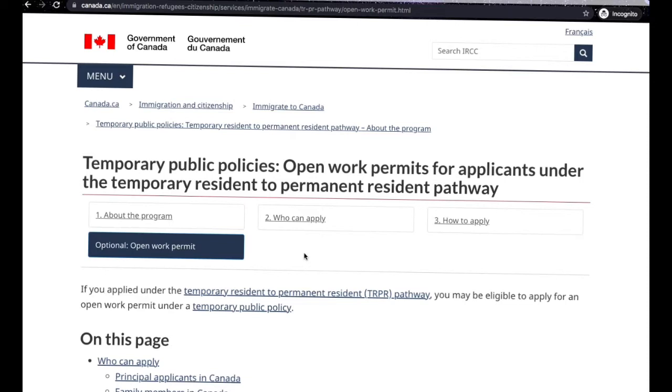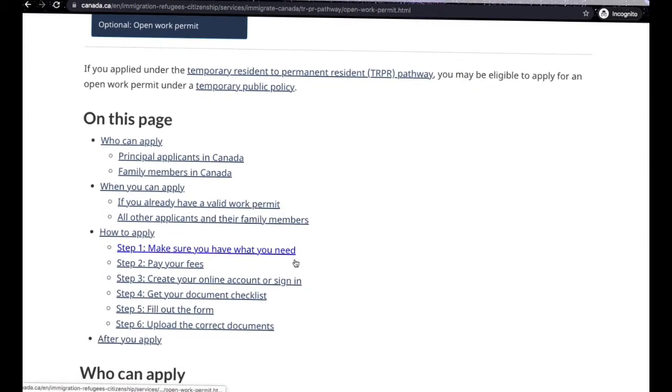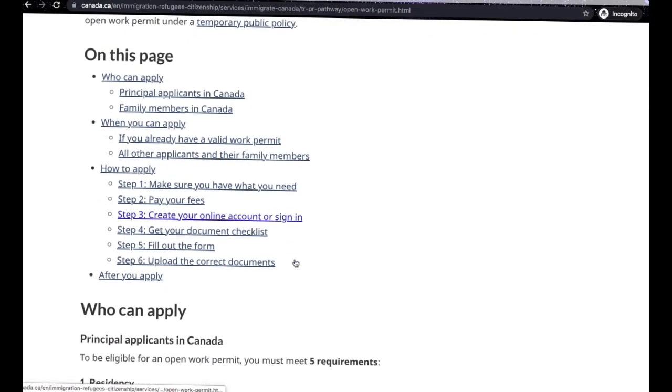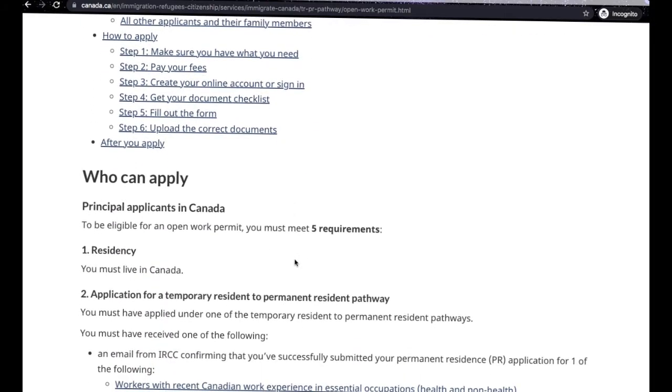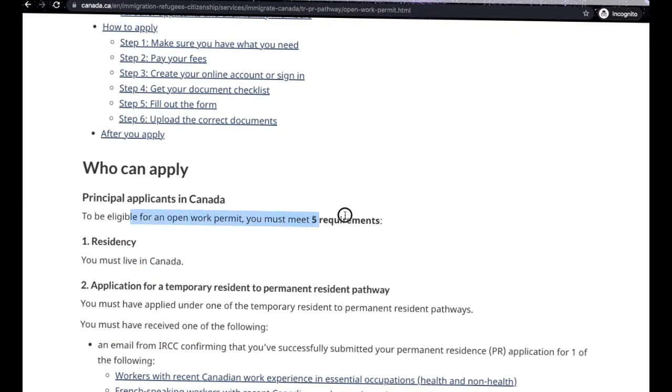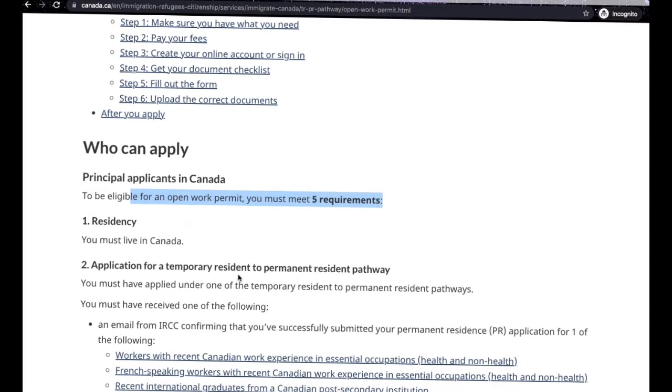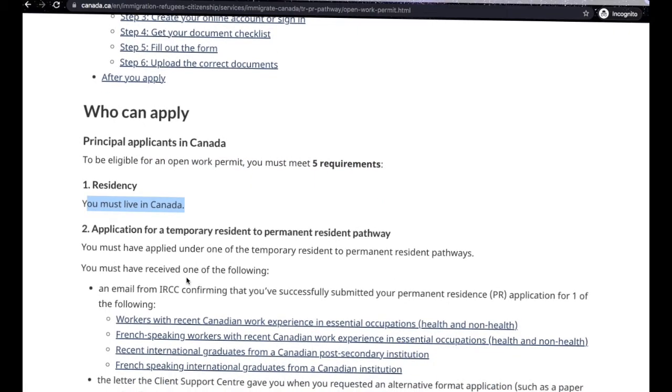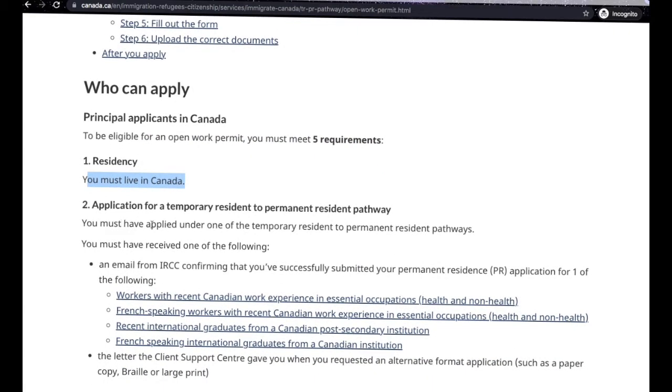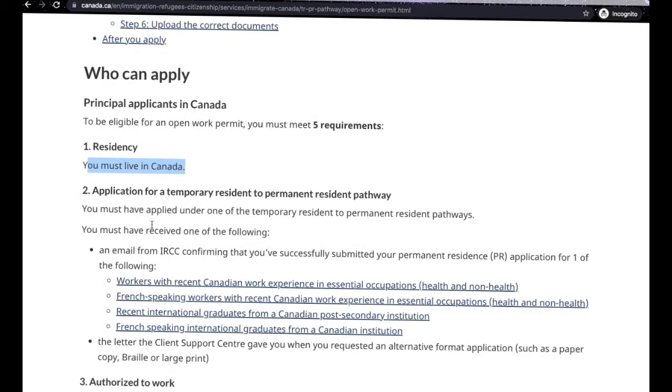Today we are going to discuss how to apply for an open work permit under the Tier 2 PR public policies. Let's take a look at what the requirements are. They said there are 5 requirements. The first one is residency, you must live in Canada. Alright. The second one, you must apply under one of their categories